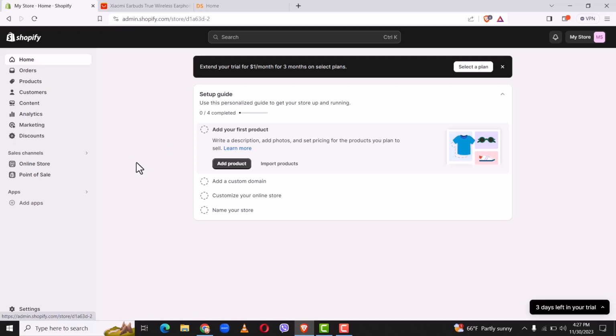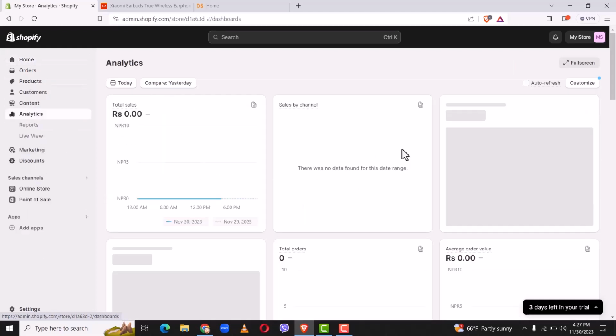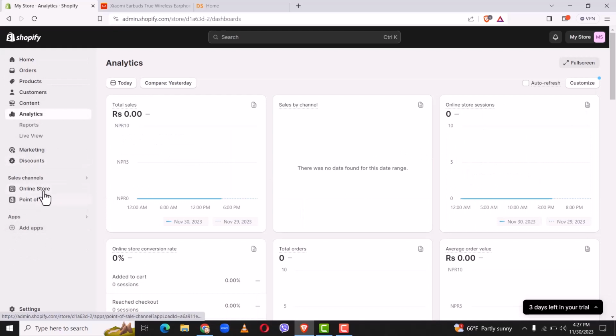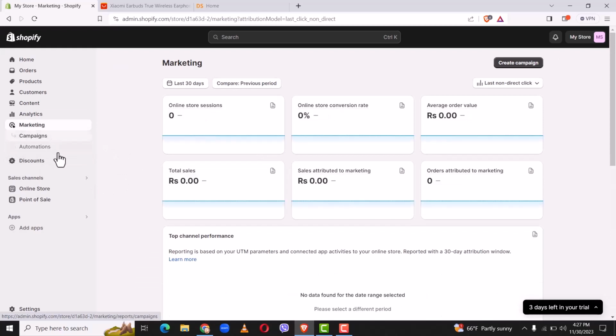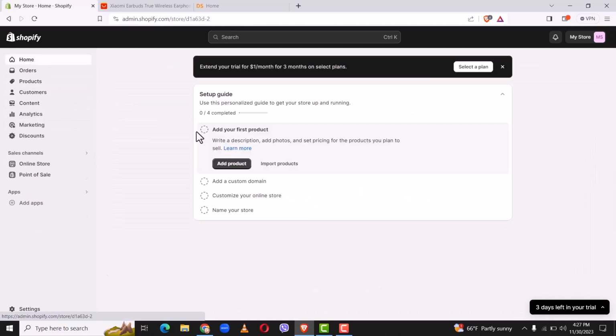Shopify is a one-stop solution for selling your products, and also for managing your logistics and your marketing. As you can see on the Shopify website, I can manage all of my business in one place. I can add products, and from here I can analyze my business, and I can also analyze my marketing. I can see which campaigns I have been running. In short, Shopify is a one-stop destination for all of your e-commerce and dropshipping needs.